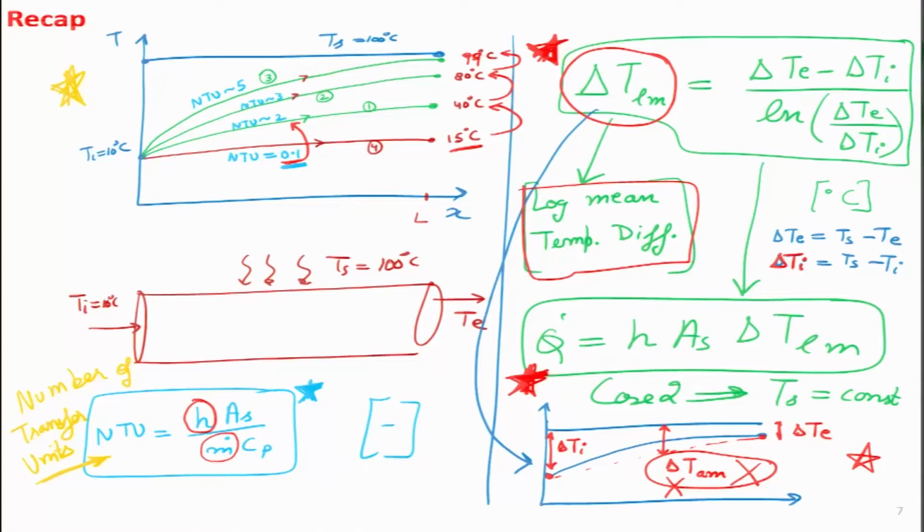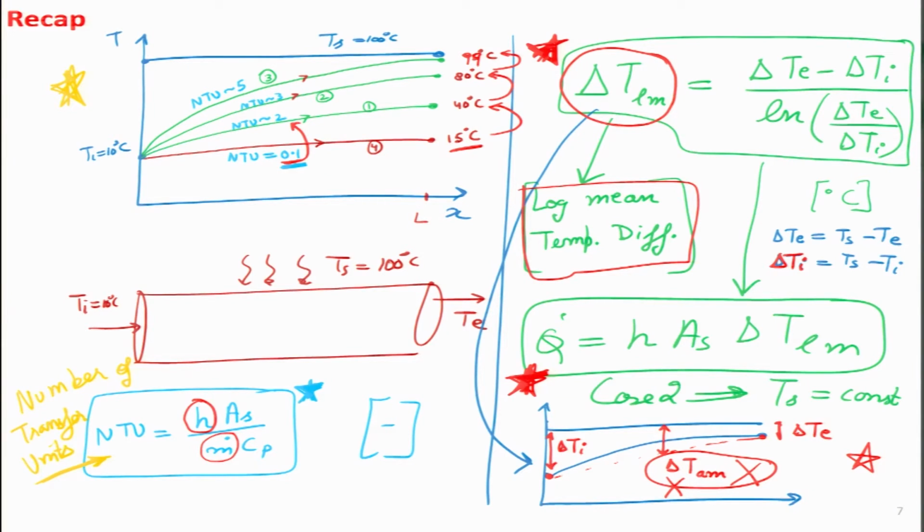Let us say it enters at 10 degrees, it leaves at 10 degrees as well. So, there our purpose has failed. We will call the NTU value 0, the number of transfer units was 0. It would be a heat exchanger which doesn't exchange any heat. So, this is just an imaginary case. In real life this would never happen. But if we start increasing the value of NTU from 2 to 3 to approximately 5, we can reach temperatures very close to the surface temperature Ts.